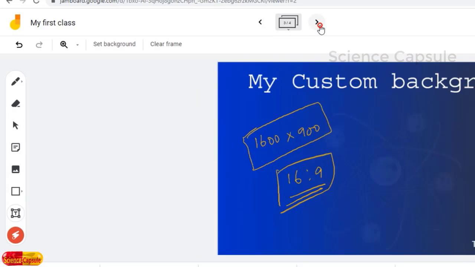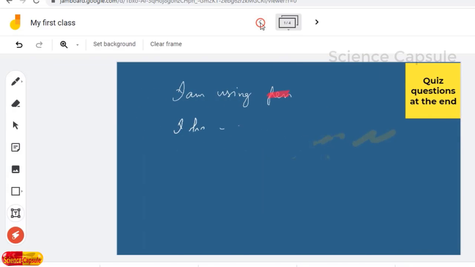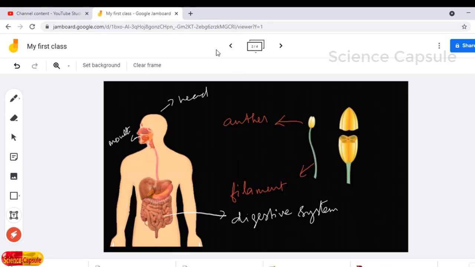So once the teaching learning process is over, you can have a recap just by clicking on the back button. All the teaching, all the contents will be available. Once it is over, you can close it as well. And once the Jamboard is closed, once again the same will be available in your Google Drive. So once it is saved, this will be saved in your Google Drive, that can be retrieved back, or you can send the entire classroom teaching in the form of PDF to your students. You can save this file as PDF and keep it for future reference too.